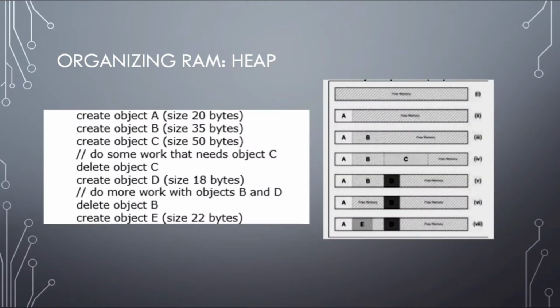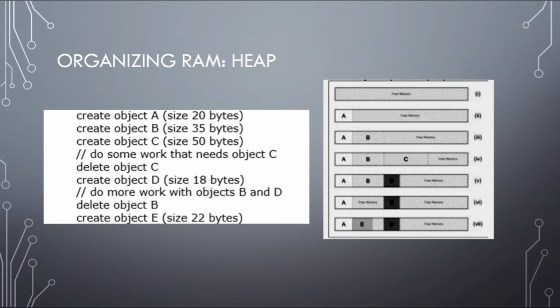But many a times this leads to memory fragmentation. As an example shown on a slide, at the start of execution the heap will be empty. Object A, B and C will take up the memory. Now C is deleted and it will release the heap memory. Next, object D is taking 18 bytes of memory.